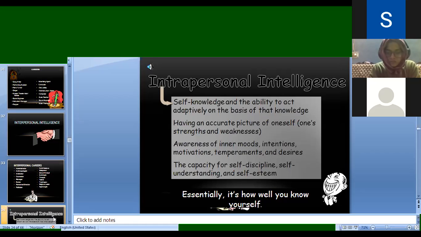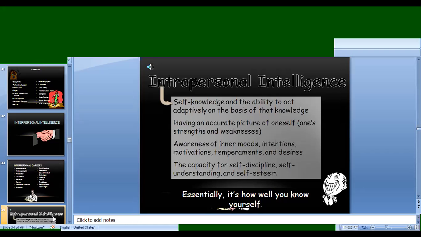One thing, because see, other works we do because we are frightened of criticism from others. Okay, here when it comes to your intrapersonal, you yourself will not criticize you, ठीक है, openly. तो यहाँ हम लोग इसको लैग कर जाते हैं कई एक बार. Okay, so first thing, in fact, first thing, if you want to come up in life, you have to have intrapersonal intelligence of yours. You have to have a self knowledge and ability to act adaptively on the basis of that knowledge. Having an accurate picture of oneself, one's strength and weaknesses, like you should know